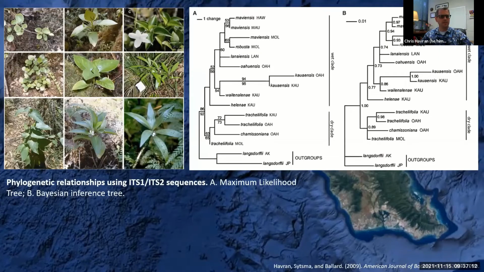For my dissertation in 2009, we published this revised phylogeny of the Hawaiian viola, including inter-island populations of every species, expanding the size of the phylogeny a bit. Those two populations of Kauaiensis on Oahu and Kauai still form that nice tight relationship, though we recognize them by the name, the manual at the time, Kauaiensis on Oahu.